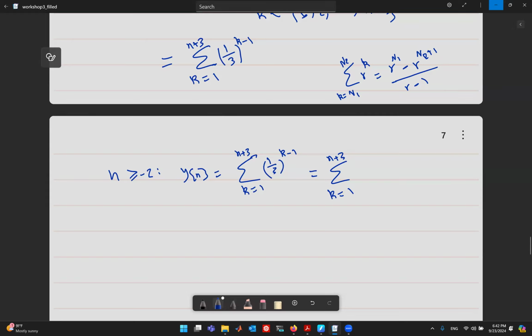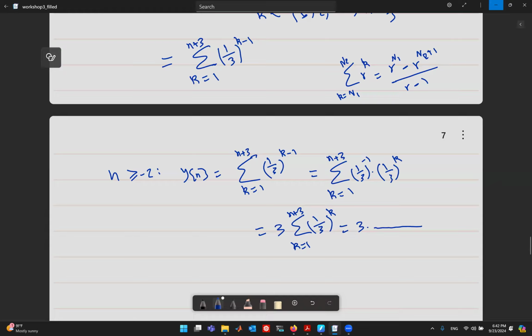In order to get rid of this minus 1, we can write 1 over 3 to the power minus 1 times 1 over 3 to the k, and this will be just 3. So it equals 3 times the summation, k equals 1 to n plus 3, of 1/3 to the power k,